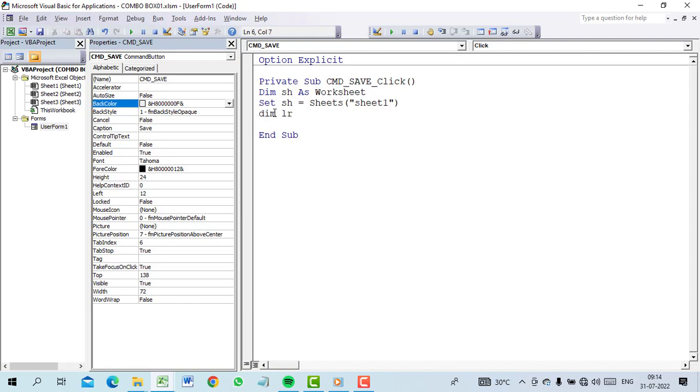You can write last row also. I am writing the short form lr here.